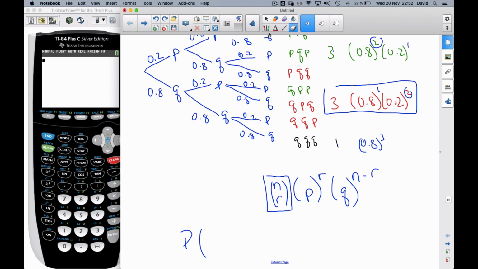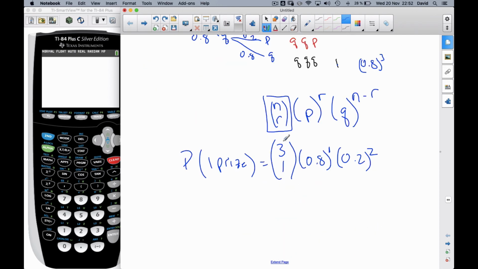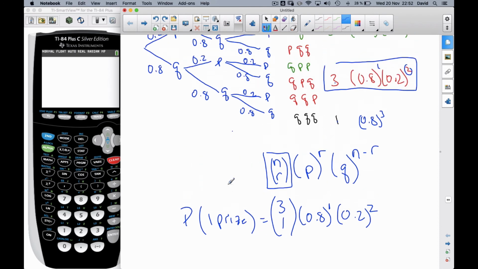the probability of exactly 1 prize. Well, I would take n is 3, r is 1 prize, and this calculator is going to count 3, and I'll talk more about that in a bit. And the probability of success was, well, I want 1 success and 0.2. I know I'm going to have 2 failures, so it's going to be 3 minus 1, which is going to be 2. And so to get this number here, I could just put this in the calculator, it will figure it out, but to get this number here,